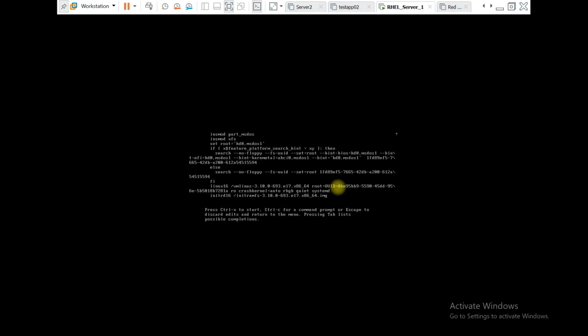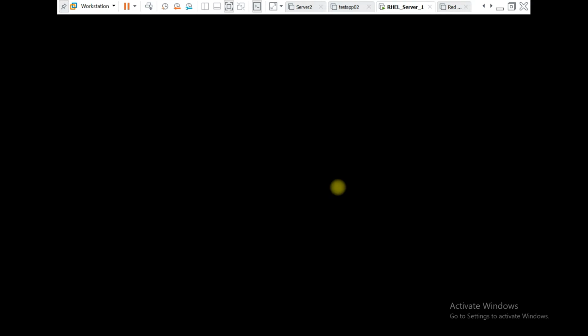systemd.unit=emergency.target. Okay, so just check one more time, systemd.unit=emergency.target, Ctrl+X, it will come to the emergency mode.